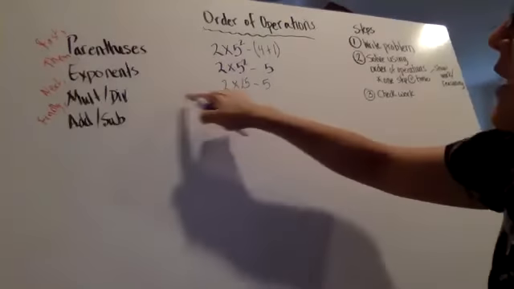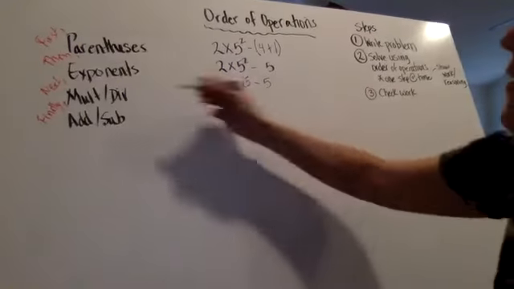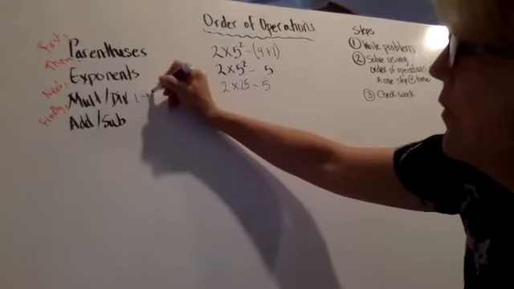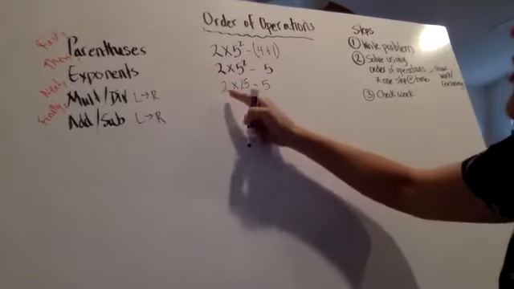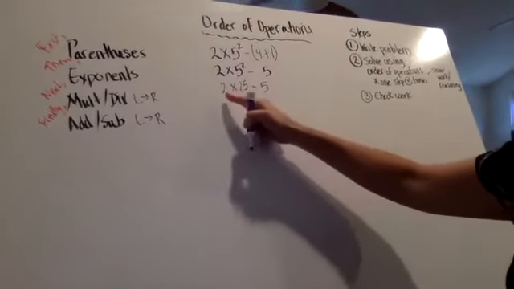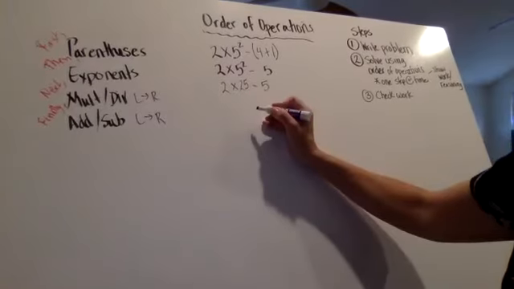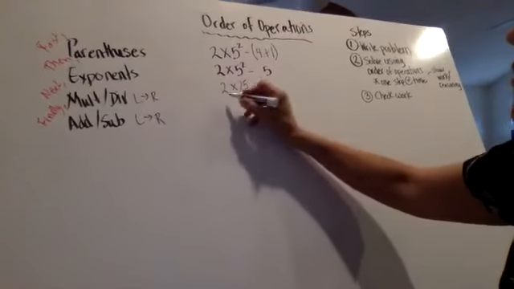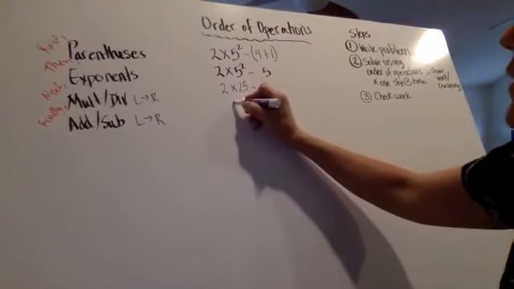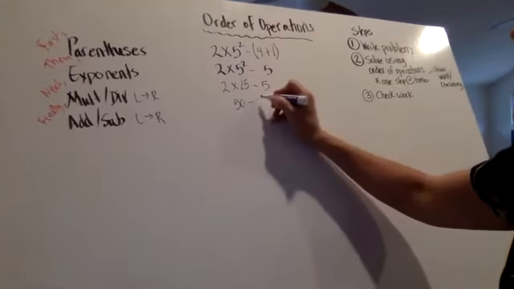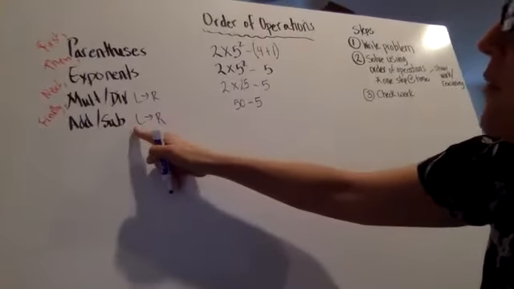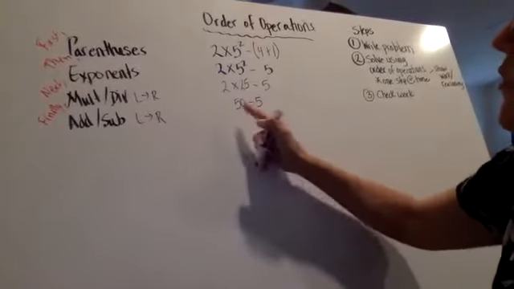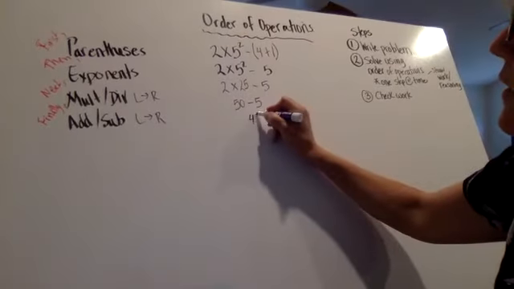Now I'm here, multiplication or division, left to right. Remember, these are both whatever I see going left to right. So as I move from left to right, I see 2 times 25. I see this multiplication problem first. So I want to do that. 2 times 25 is 50. And then I want to subtract 5. And then I add or subtract. This time I'm subtracting. There's no addition. Left to right. 50 minus 5 is